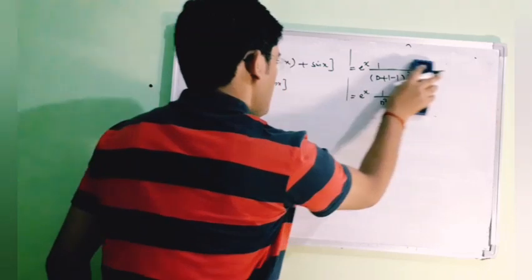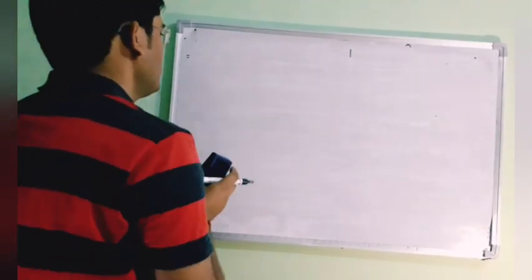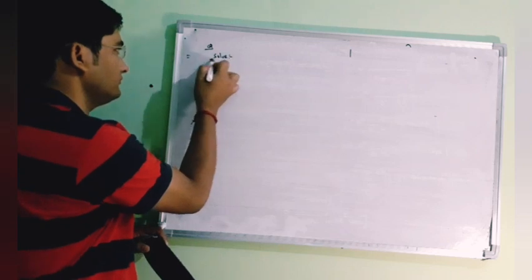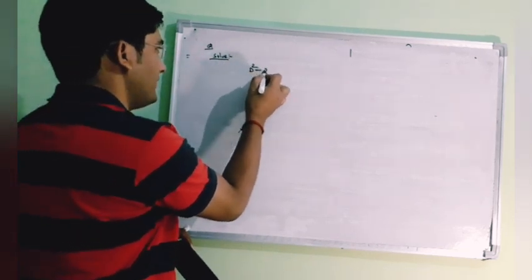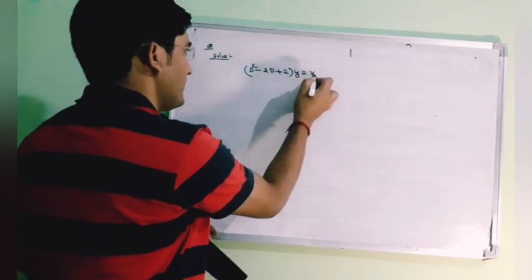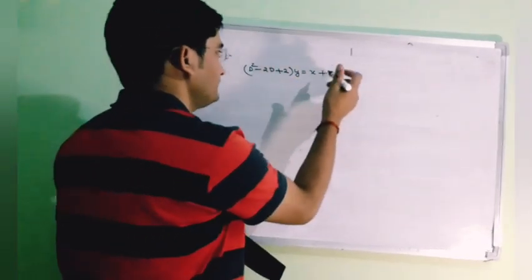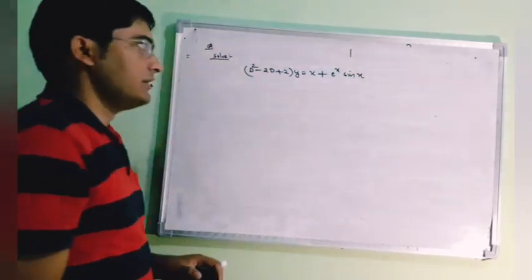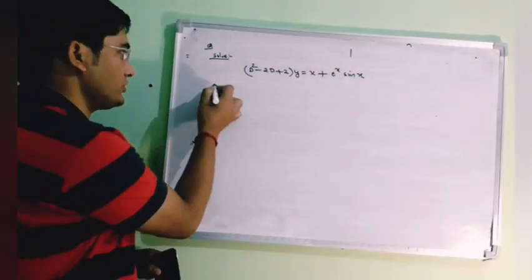Then next problem, solve (D square minus 2D plus 2) y equal to x plus e to power x into sin x. Let us solve this problem. So solution,